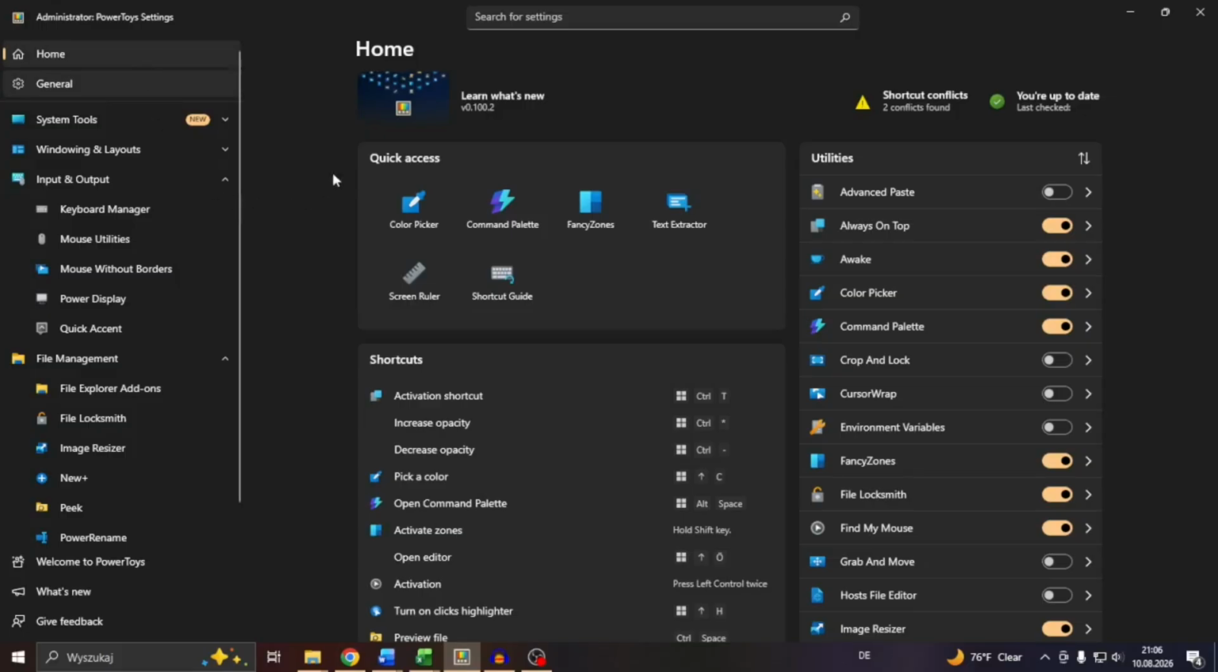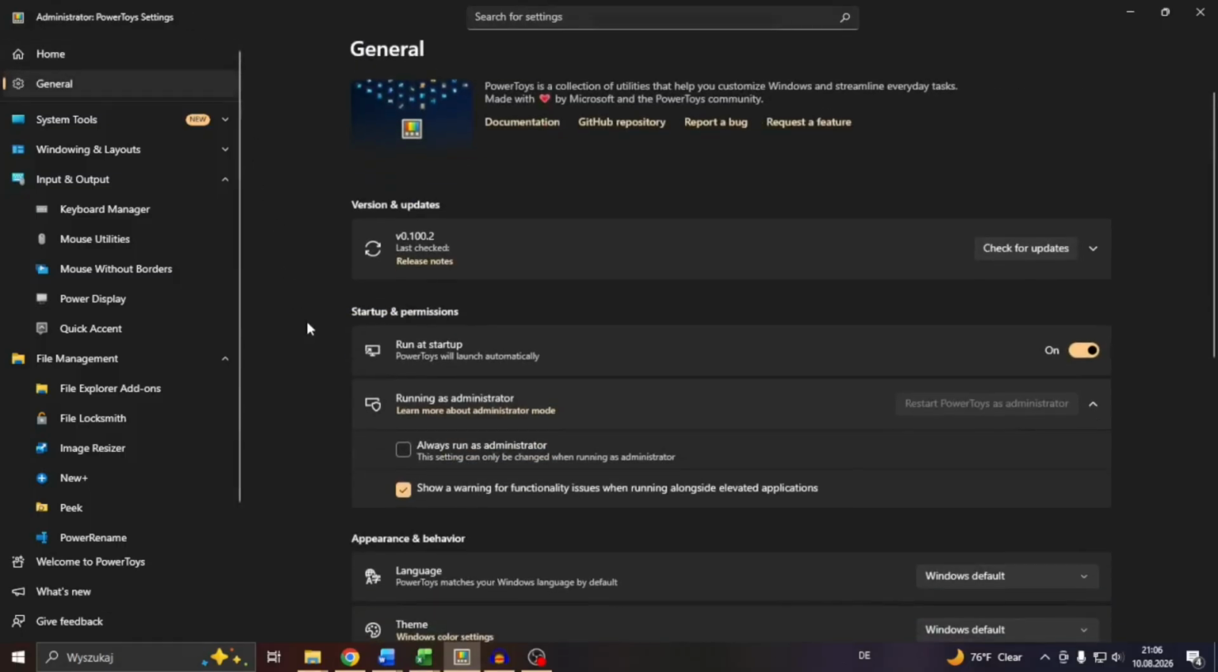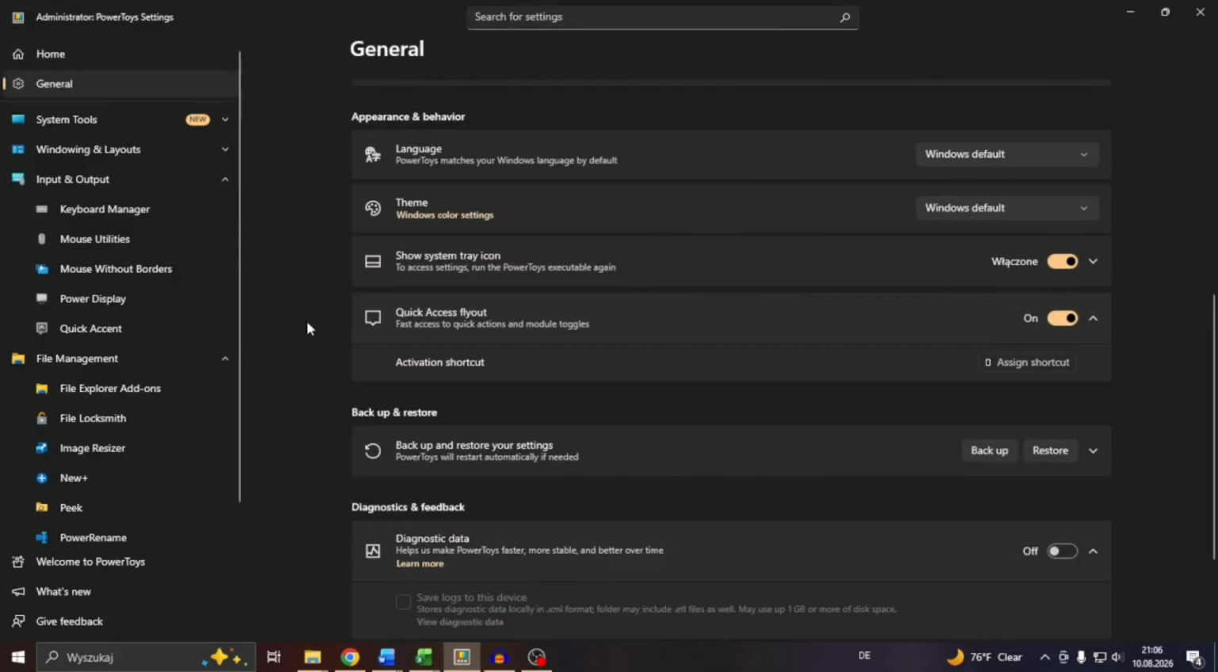Alright guys, so I'm launching the PowerToys app on my Windows 10 computer for the sake of this tutorial. And this is how I did it. So I went over to the general tab here inside the PowerToys settings, scrolled all the way down, and you will see this option here, right? Backup and restore. Now we don't want to make any backup of your settings. Instead, we want to restore the